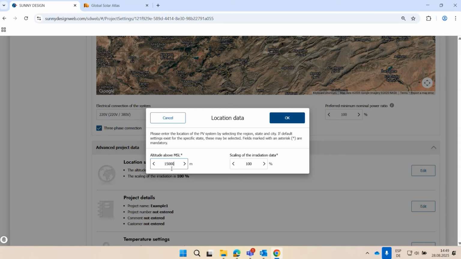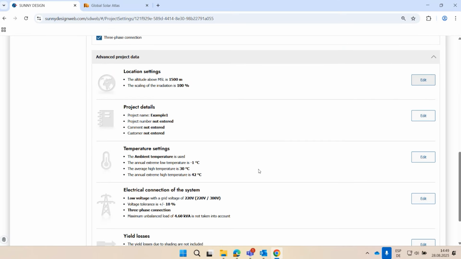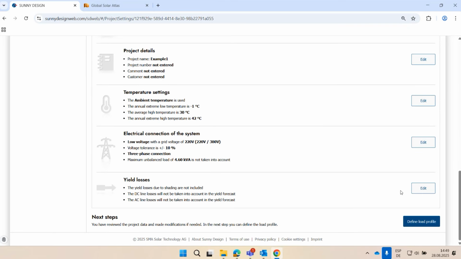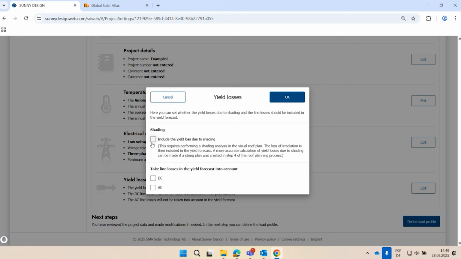So let me choose this one with 1,500 meters above sea level, and of course you can adjust the temperature settings. An important point to adjust are the yield losses. I will choose everyone just to take into account these losses.